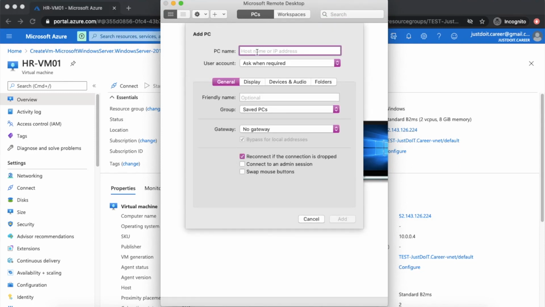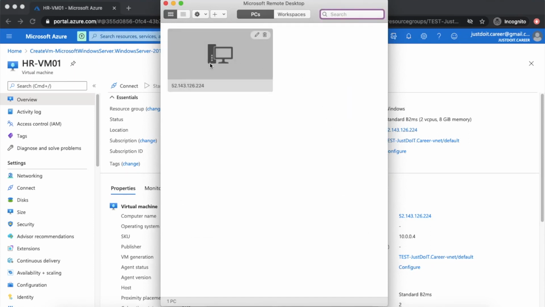I will have to name this PC. I will name it the same as the IP address, and the user account I don't want to save. When I require it, it will ask me. Then I have to give a user friendly name. It's optional, but you can give it the same name as the IP address. This is how you can fill in the information here and click on add.